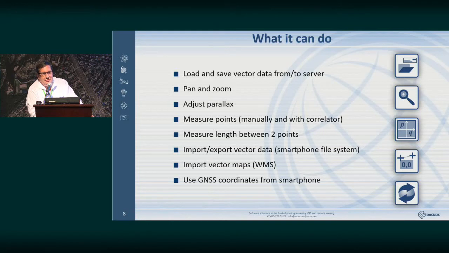Of course, you can upload and download data in stereo, increase and reduce the image, build the parallax, adjust parallax, shift the right image relative to the left image by axis. You can measure points manually or with a correlator, measure lengths between 2 points, and think about whether areas need to be measured at all. We'll implement another function, import and export of vector data from the smartphone file system,